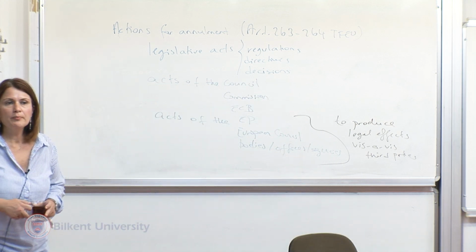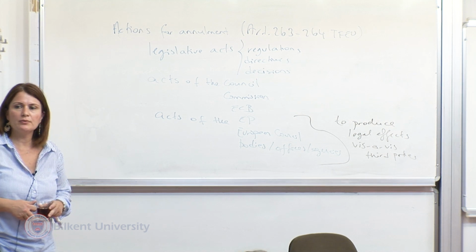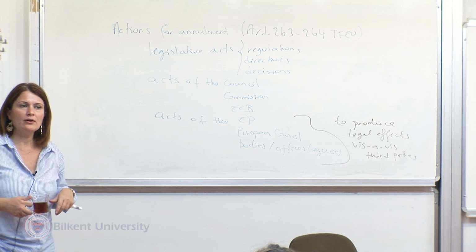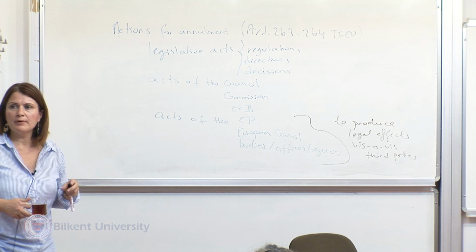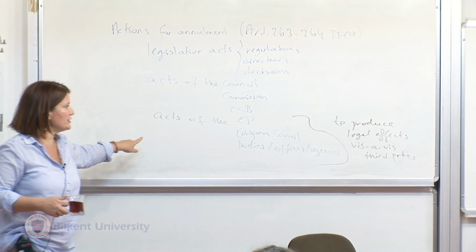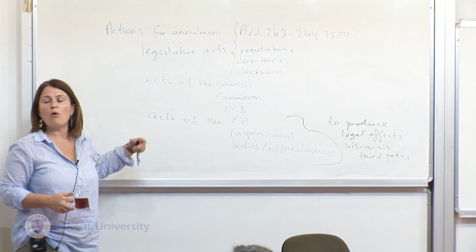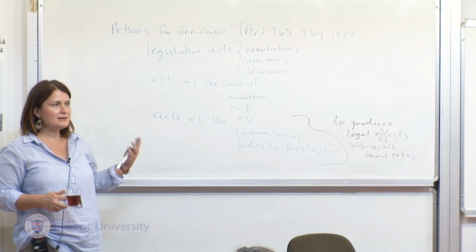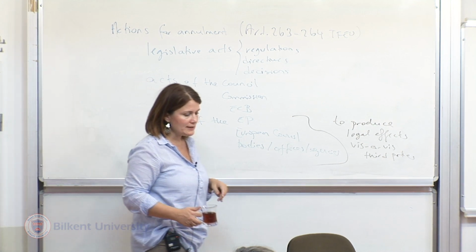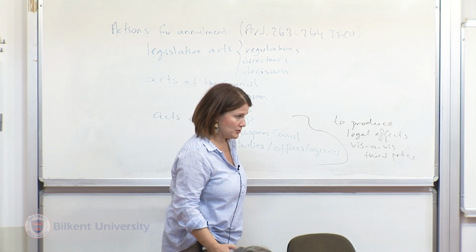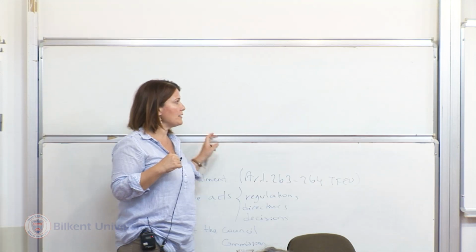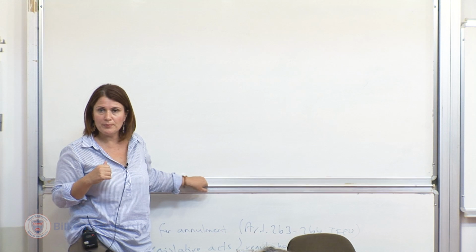As you can imagine, because of the principle of limited powers in European Union law, if a type of act is not listed here, it cannot be subject to an action for annulment. But we are safe here because it provides a very general provision stating that the acts of all other bodies, offices and agencies of the European Union, but still, if there is something which is not listed here, then it cannot be subject to this type of action. Therefore, this is the first problem. Which acts can be subject to an action for annulment in European Union law?